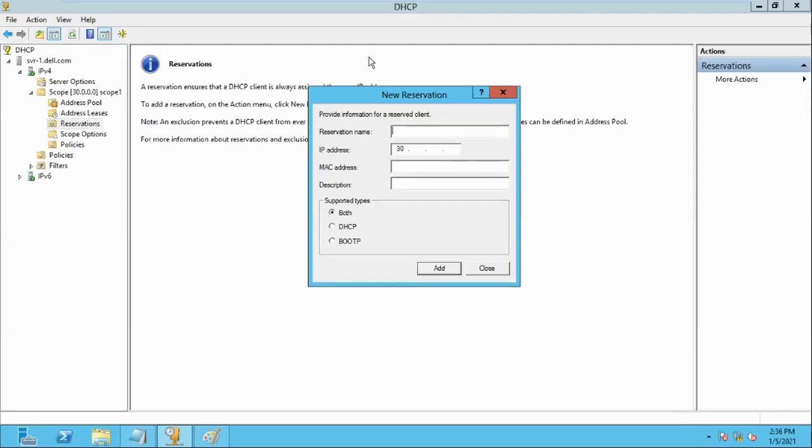DHCP does not bother about that. Normally, whoever comes first gets an IP address from the range 1, 2, 3, 4. But in this scenario, DHCP doesn't do that. Every time Amjad comes, you have to provide only this address, and this address is never assigned to anybody else. Only this address is assigned to Amjad. So Amjad is nothing but the MAC address.